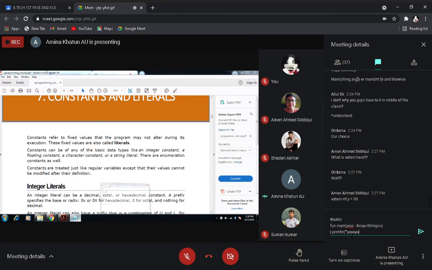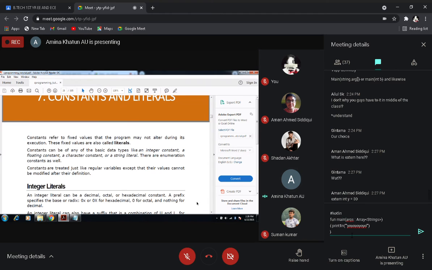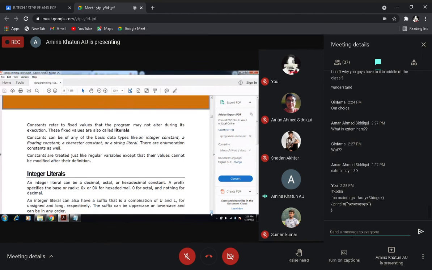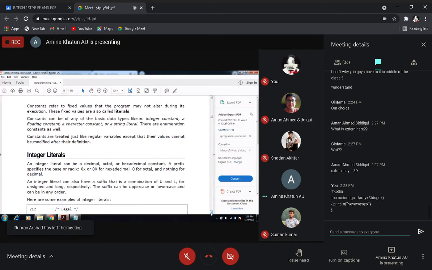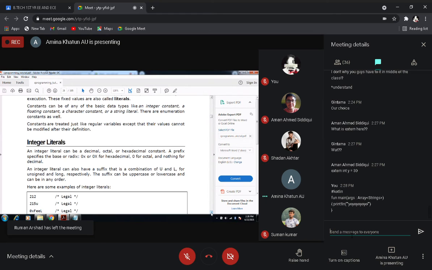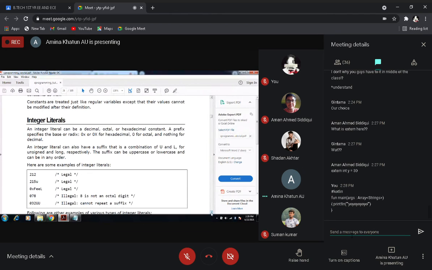If you have written int a equal to 50, after some statement you can change that value to a equal to 100. This is possible for a variable. But if you make it a constant and you try to change that value, it will not be accepted. It will produce an error during compilation.